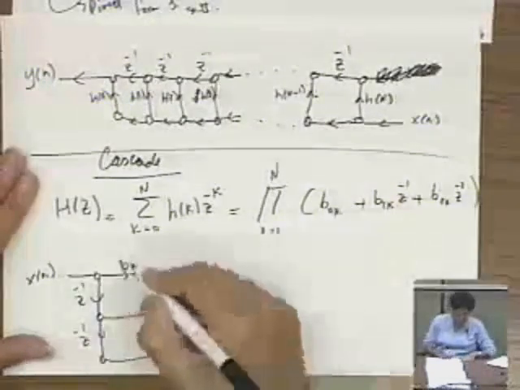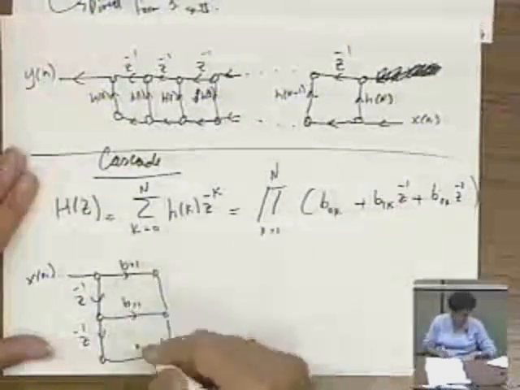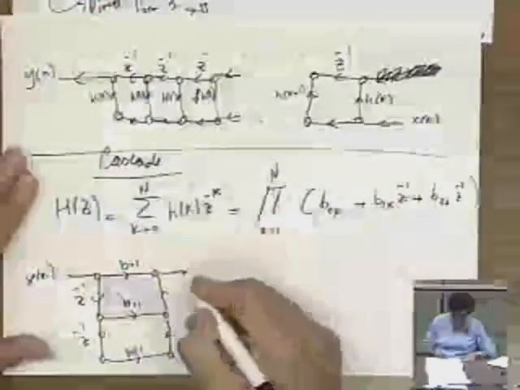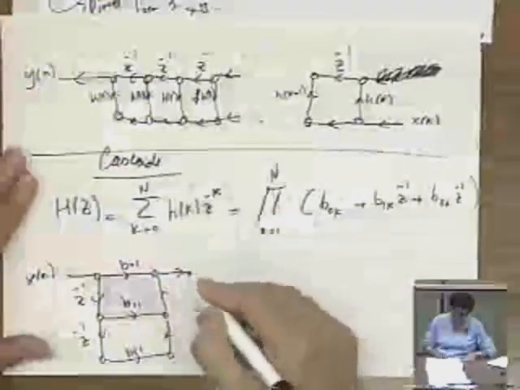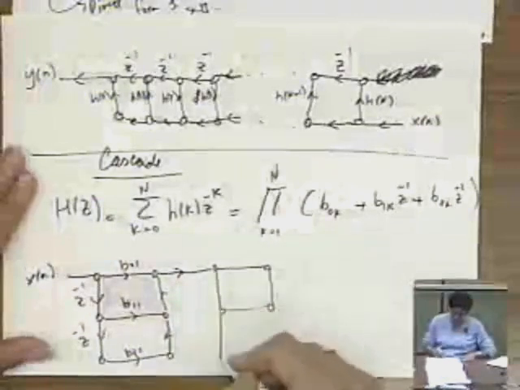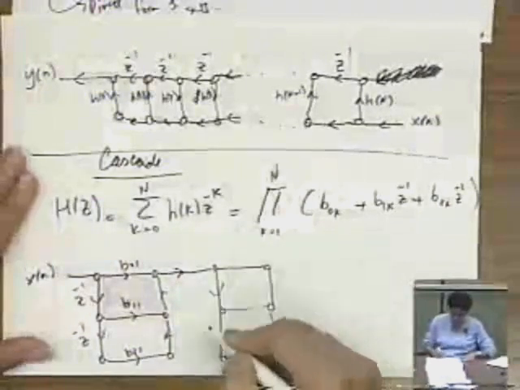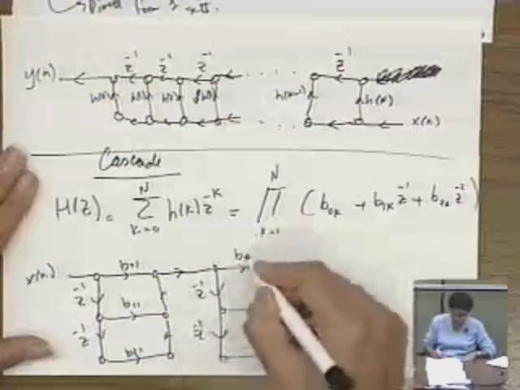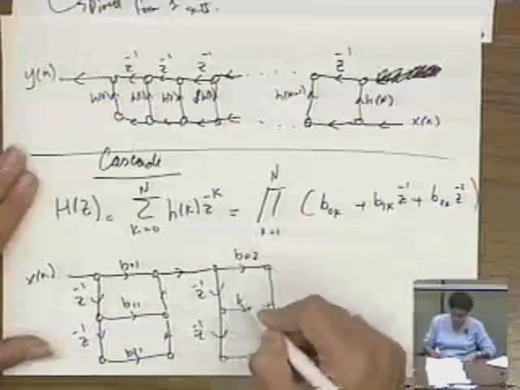Okay, two delays coming down, and it'll be B01 this way, B11 this way, B21 this way, and arrows going up. So that'll be the first one. And then the second one would be another one of these guys with a slightly different coefficient, two delay elements. But now we'll have